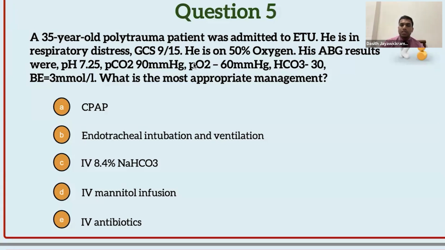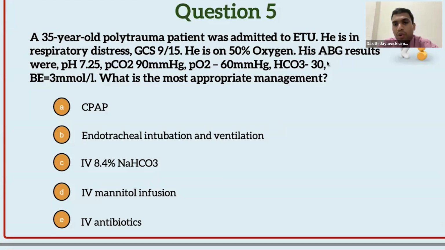Okay. So this is way too high. So this means there is carbon dioxide retention. The carbon dioxide is not being exhaled properly in the lung. So there's a problem with the ventilation. And the partial pressure of oxygen should be more than 90. It is 60 here. So there's reduced ventilation, reduced air intake, so there's a problem at the airway level also. Okay, so airway or breathing level. So this is a type 2